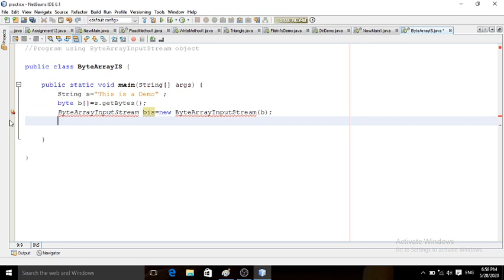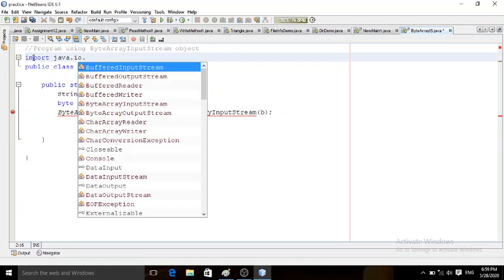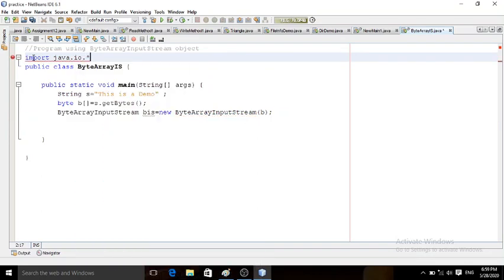So an error is coming. Why is it coming? Because we have not declared the package where the ByteArrayInputStream class is present. So what should I do for that? I need to add import java.io.*, where star means all the classes under java.io will be available.